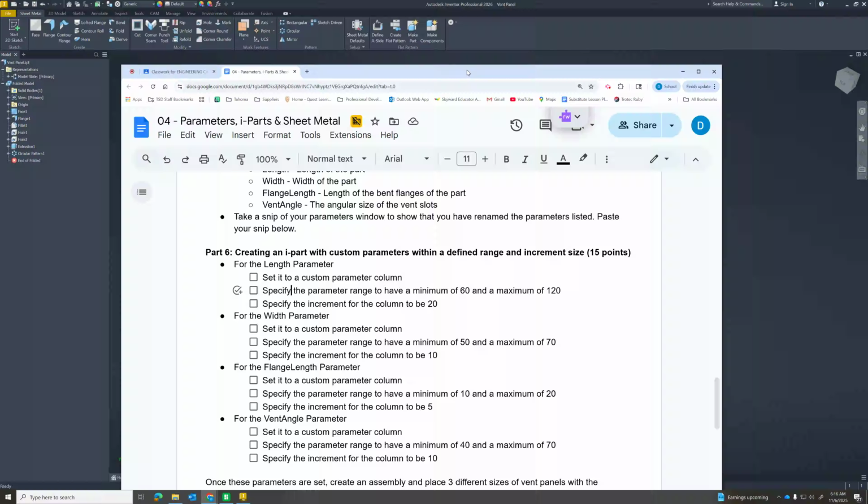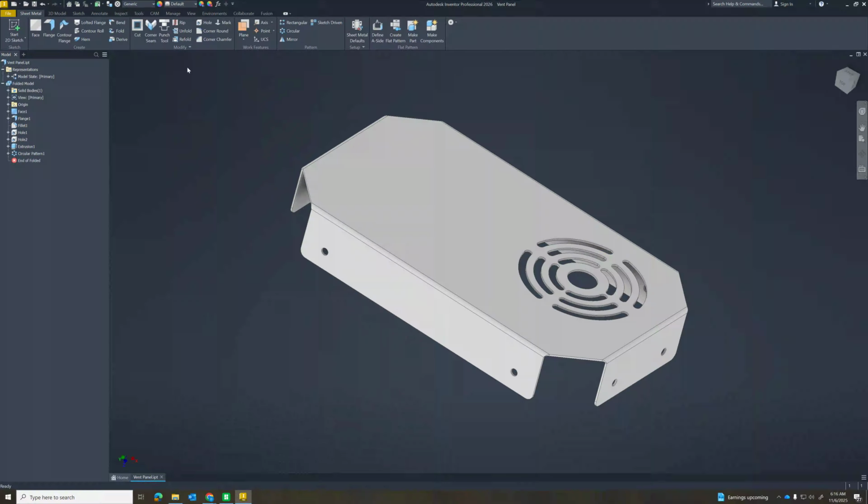So we're going to make parameters of those, and then the next is we're going to have a range for each value, and then an increment size for each value. So instead of the previous iPart that we made where you only had small, medium, and large, now we have choices that you can set custom between specific ranges and increment sizes. So going to the parameter tab,